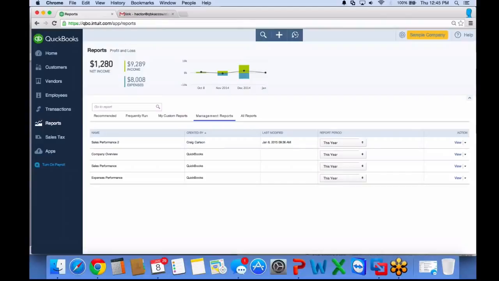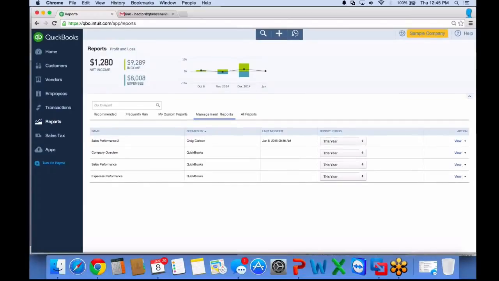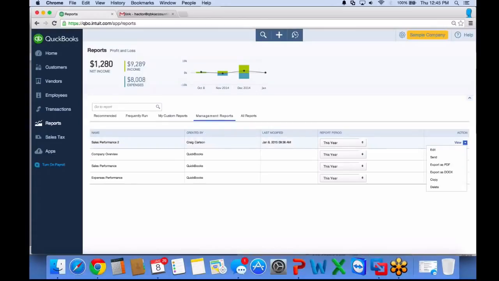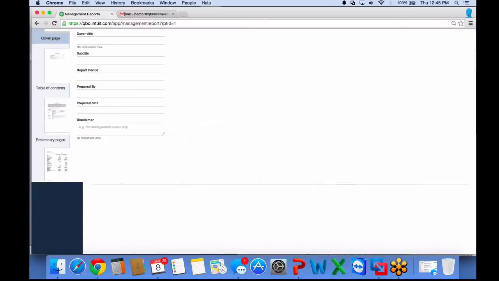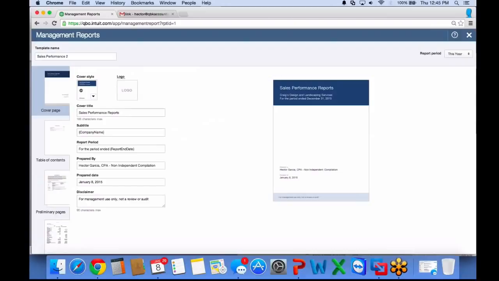Somebody's asking if you can add a logo. The answer is yes. Let me just show you that real quick. So when you edit the report group, there's a place for you to put the logo. You can put the logo right there in that blank space under the first page, under the cover page. And you just basically grab the logo of the company. So this is not the logo of the accounting firm. This is the logo of the company, right? So the logo that's already built into the company file, into the QuickBooks Online